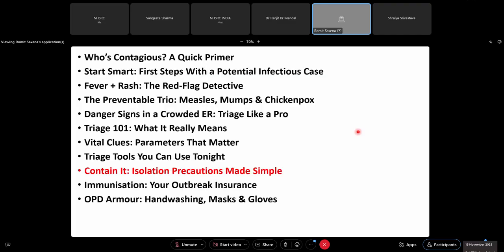So what we have covered up till now is we have identified what exactly a communicable disease is. We have talked about certain specific types. We have talked about how to approach it. We have talked about some specific communicable diseases in the context of the pediatric ER. We have talked about how you will identify the sick children with communicable diseases in a busy OPD or ER, and on the basis of their vital signs, how you can use some triaging tools to help you identify them, so you don't have to just wing it.